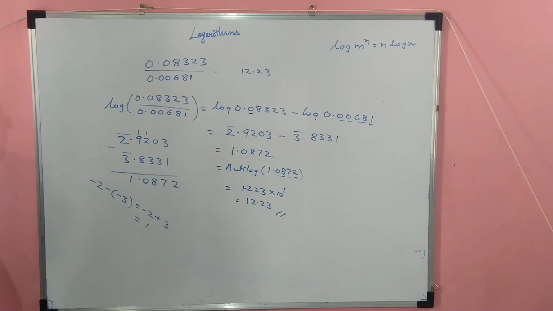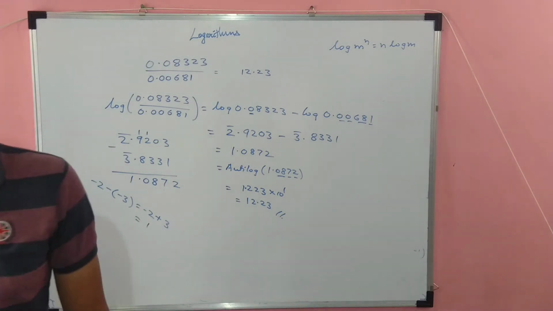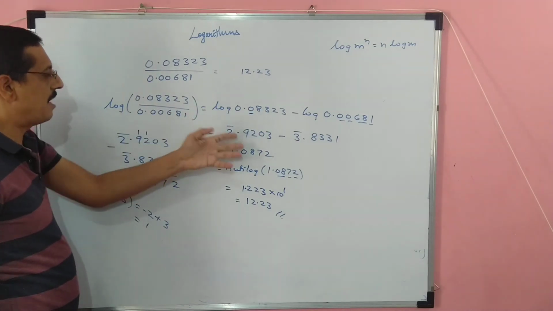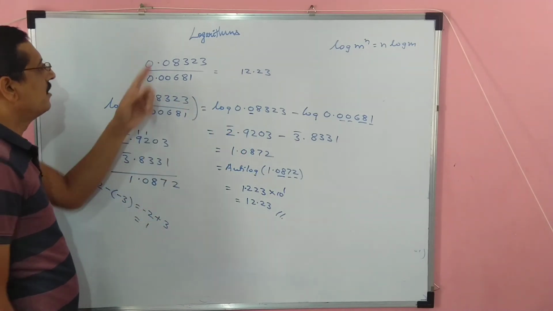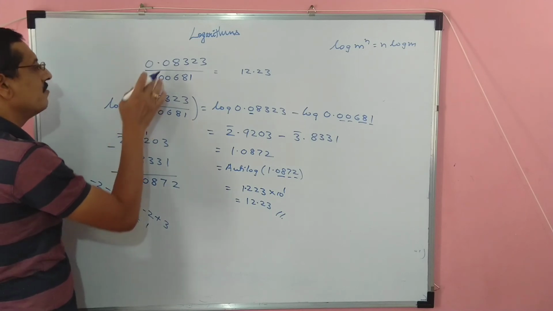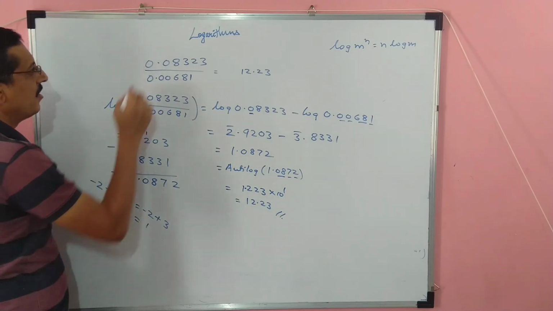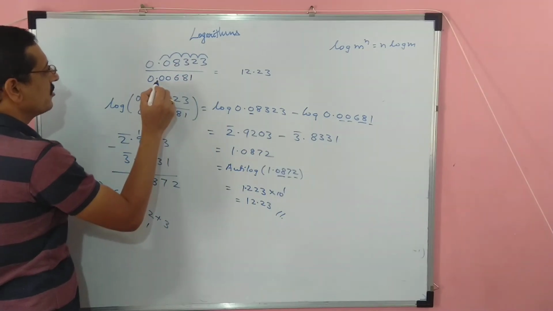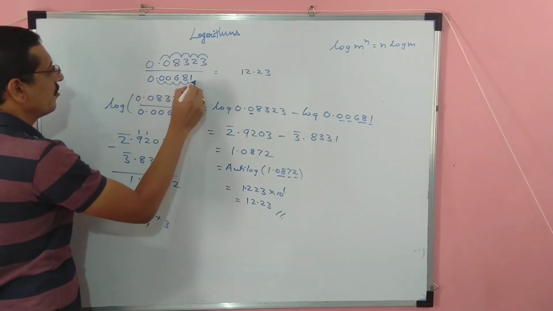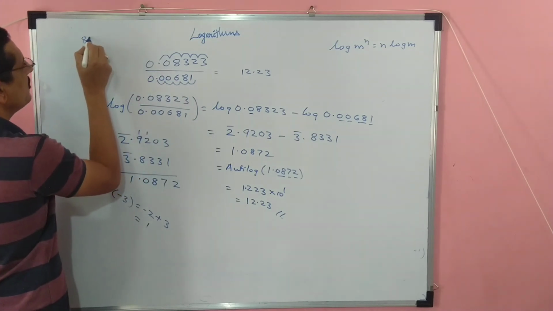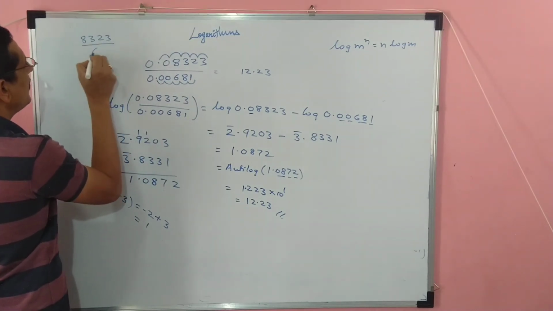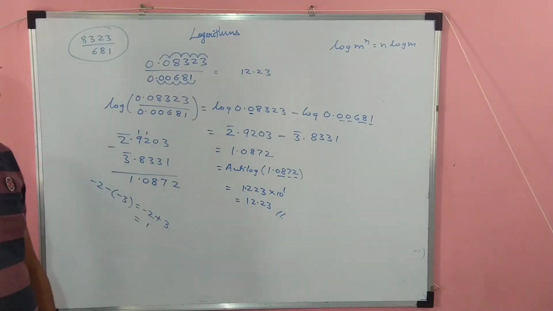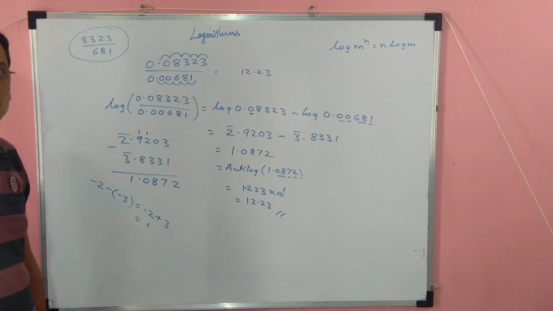Clear it is? अगर तुम्हें ये डेसिमल प्लेस या समझो if you don't want this negative power आ रहा है, अगर ये तुम्हें avoid करना है, तो before you apply logarithm you can adjust the decimal places. How you shift it: 1 2 3 4 5. Then here also you shift 1 2 3 4 5. तो ये तुम्हारा वैल्यू हो जाएगा 8323 divided by 681. अभी तुम्हारा characteristic हमेशा positive रहेगा. I have just adjusted these decimal places.